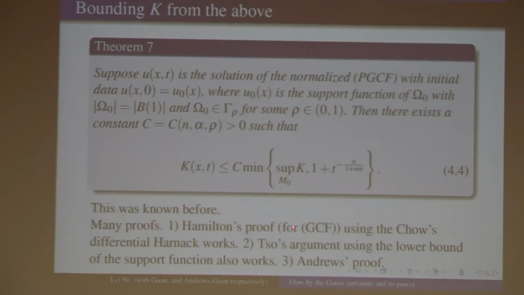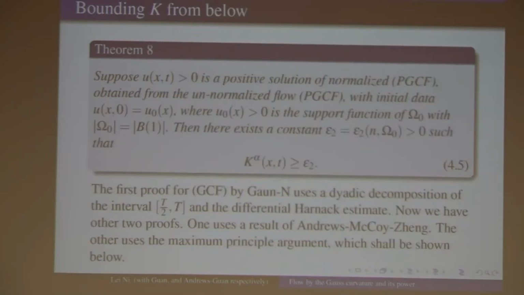The upper bound is known before, so it has various proofs. Hamilton has a proof. I'm not sure whether he uses entropy monotonicity or not. He uses Ben-Child's entropy monotonicity. There's also the original proof of Tso, which also works for the upper bound of the Gauss curvature. Ben Andrews also has a proof on this. So it's not a new estimate for the flow. The new estimate is on